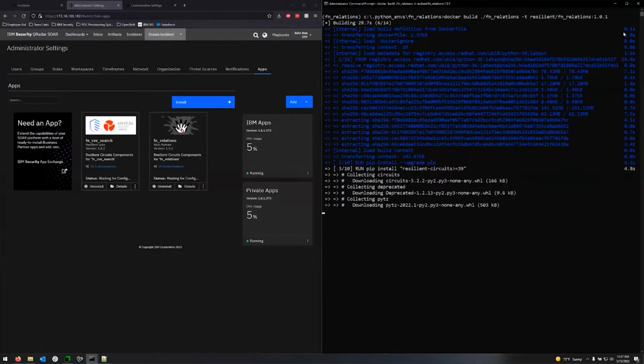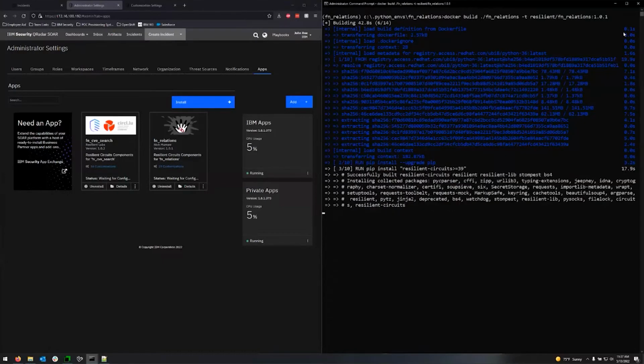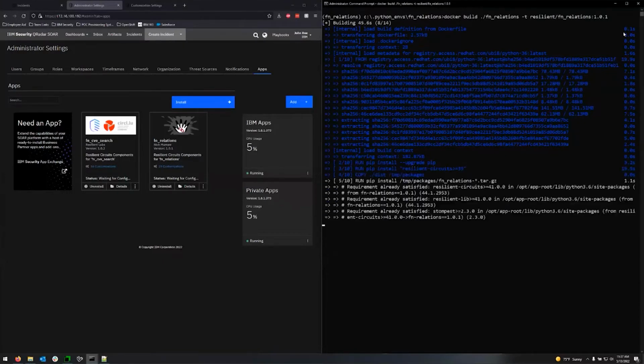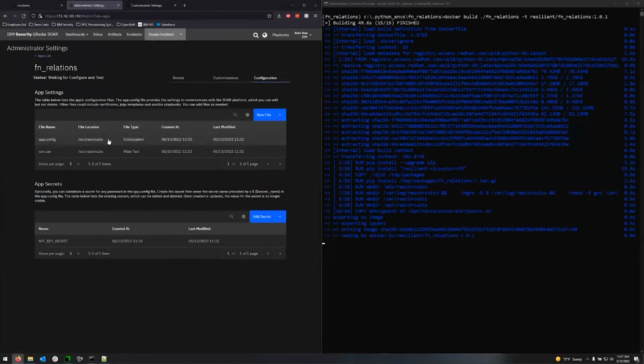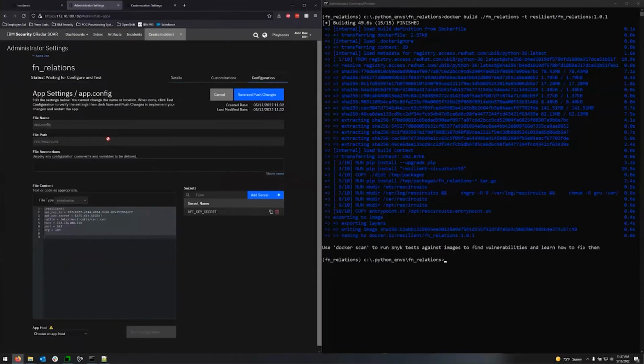So I guess the question I'd have is, when we go to the App Exchange and we pull down the zip file and all that stuff, and we come over to Resilient and we click install, and it shows us here's all the things it adds, and then we want to go through the configuration, setting it up in the app host, right? And you tell it this is the app host we want it to run. I mean, ultimately that's what I'm trying to figure out. When you added that custom app in there, is it essentially just pointing to an app host and letting it build, or do we still have to go through the process that you're showing now, building a container